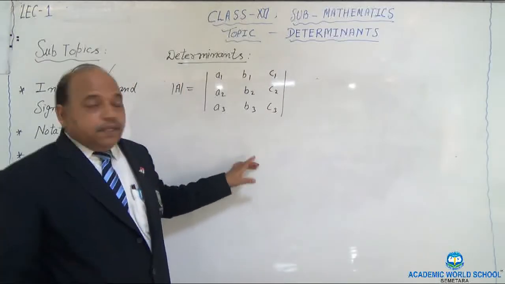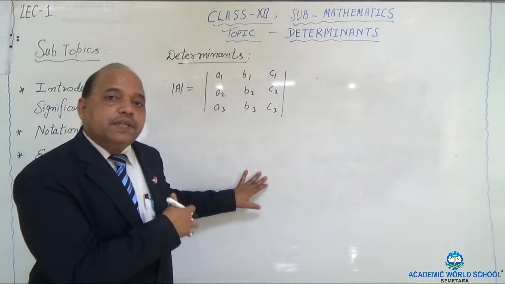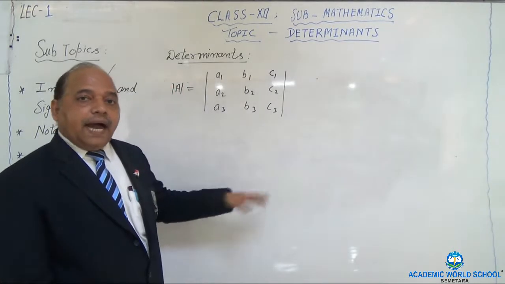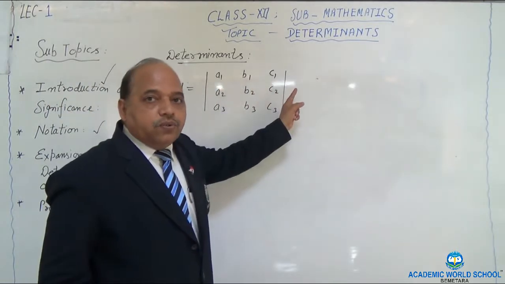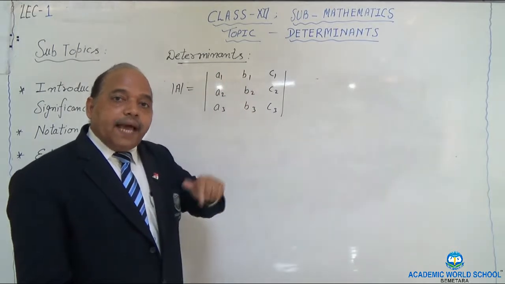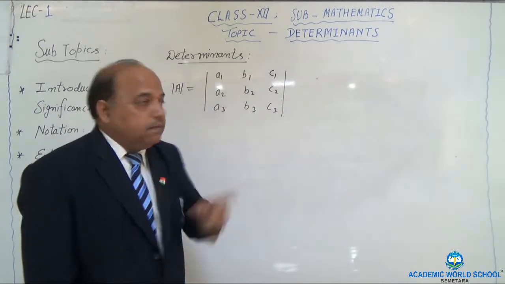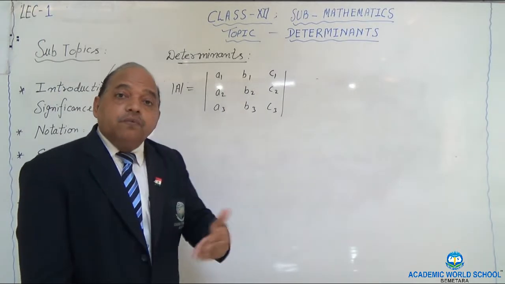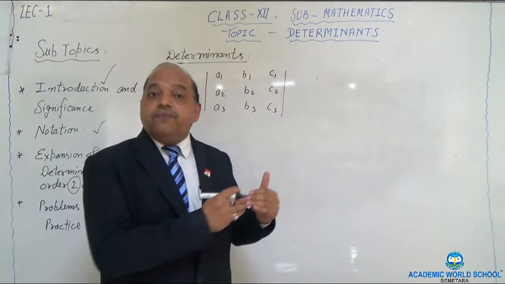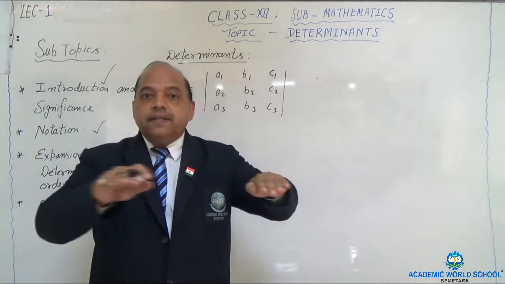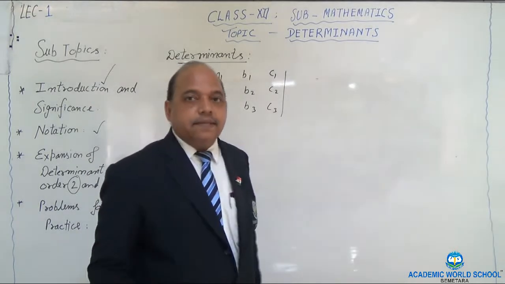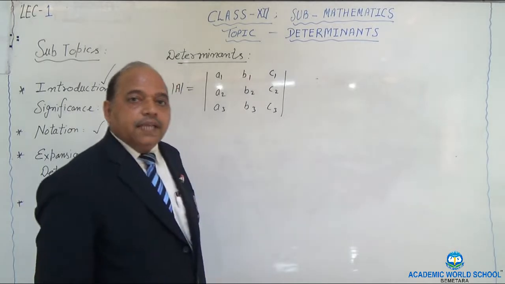And remember, you have to observe very carefully the rule by which we are going to expand. Why? Because I might be doing it for one of the rows, but it doesn't mean that you have to follow the same. You can apply the rule in a similar manner for other rows or for columns also. It is not necessary that the way I am applying it is the final rule. You can make a modification with a few restrictions. What are the restrictions? I am going to explain that.